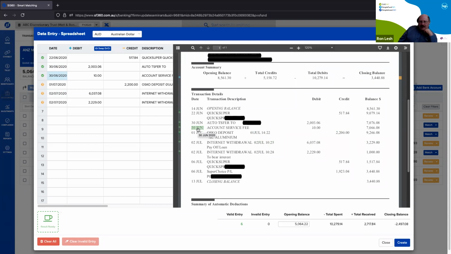And it doesn't just need to be a bank statement. It could be something else as well. That's right, and you'll see there it's highlighting 30th of June. Any accountant will know 30th of June is a critical date to do a bank rec. We're actually getting the machine learning to read the 30th of June date and put that into the work papers as well. So it just gets smarter and smarter.